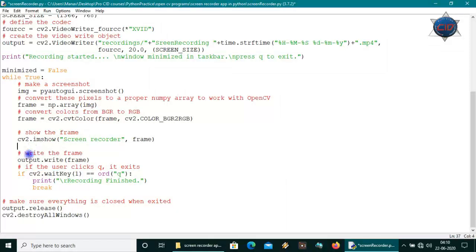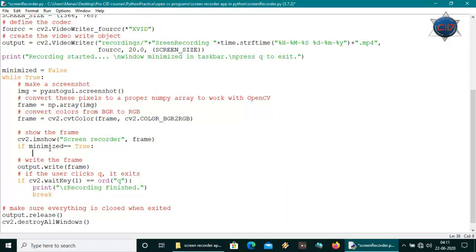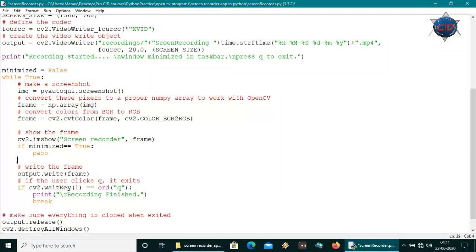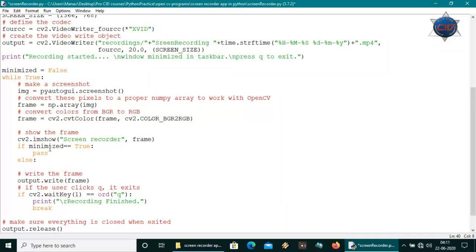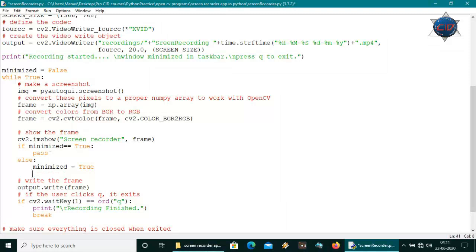Now let's come out below the imshow method, and I am adding here a conditional statement that if minimized equals True, then it will just pass, and if it is not true, then it will set minimized to True, and also it will call the minimize window method.